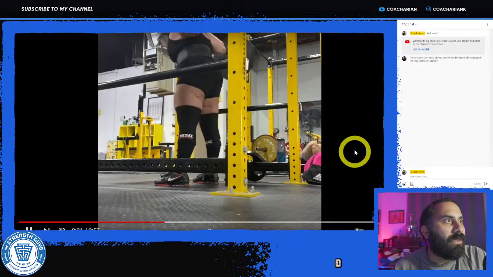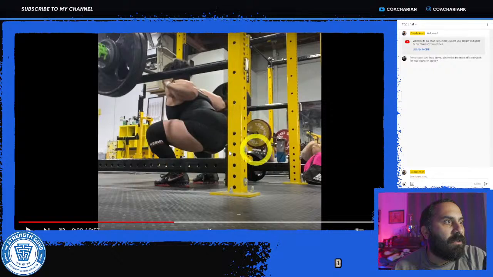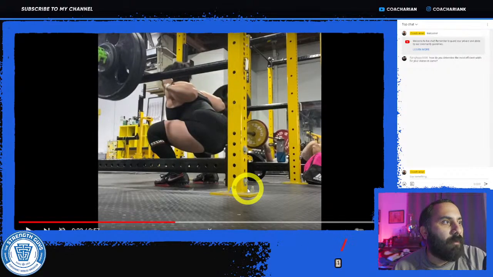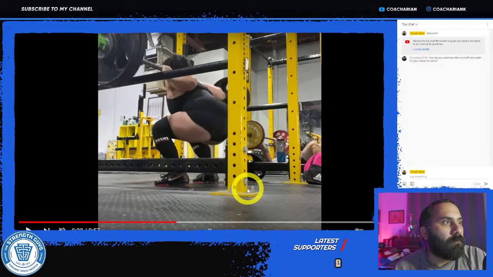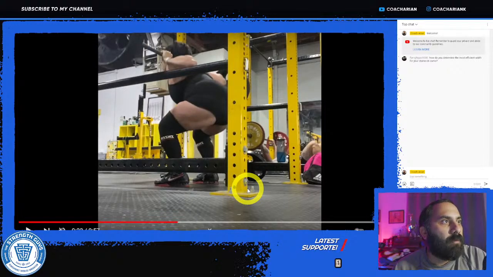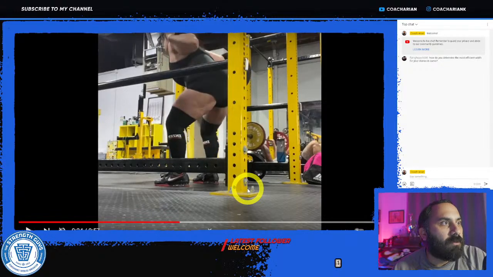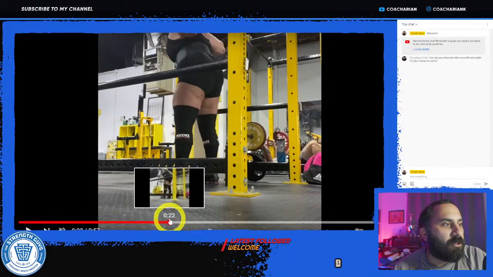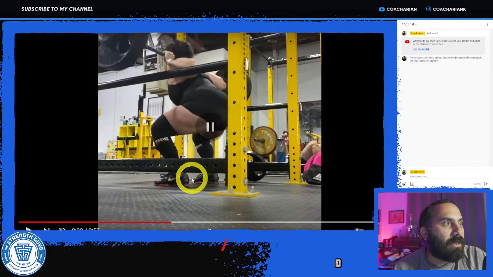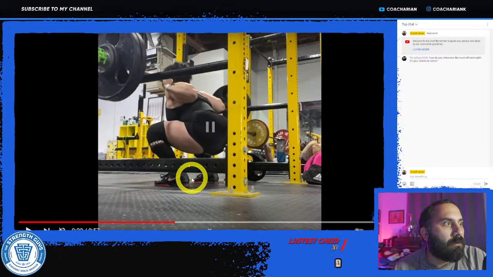So here as well from the side position, you can see again, really good position here. Feet stay flat on the ground, getting below parallel. Torso is in a good position. Elbows are in a good position. And then as we're coming out of the hole, decent job of keeping the knees forward and the torso angle the same and the elbows the same. And there's no major tilting action going on here.